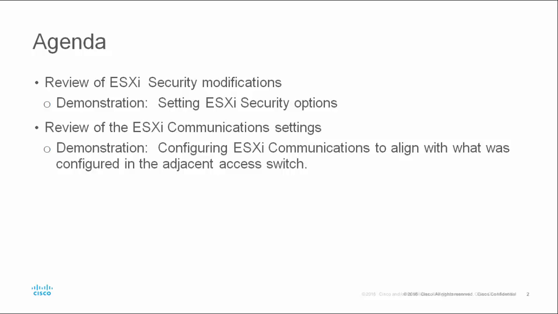We will start by reviewing the security modifications that will enable a command line interface to the ESXi host. We'll follow that with a quick demo affecting those changes. Next, we'll review the network connectivity requirements for our deployment and the ESXi configurations necessary to match those settings applied to the access switch in our first video. We'll then follow that review with a demonstration that prepares the ESXi's networking configuration for our installation of Cisco Modeling